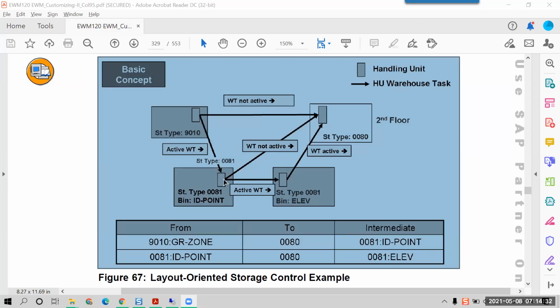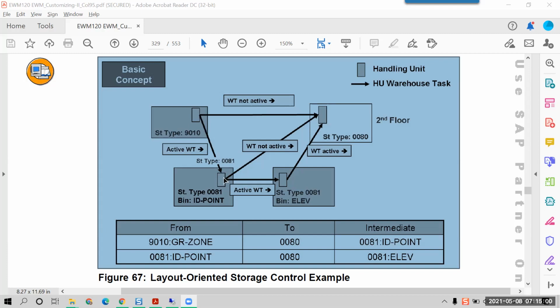But as and when you confirm to your ID point, another active task will be created from the ID point to the bin elevator. But what will happen to this task? Because my HU has been moved to the ID point, my waiting task will still be a waiting task, but the source bin is going to be the ID point.